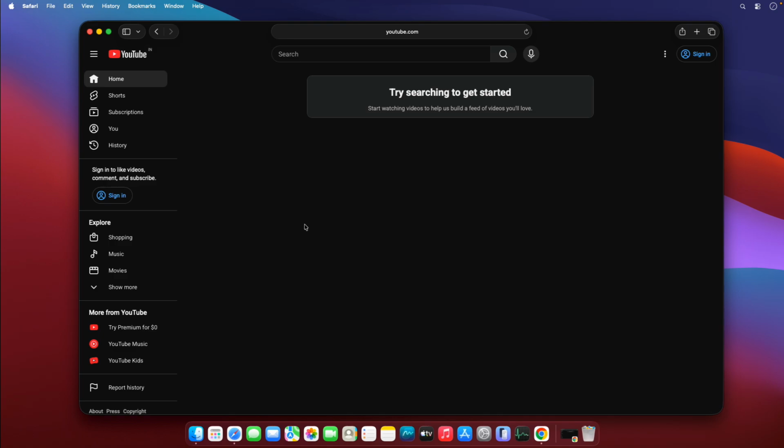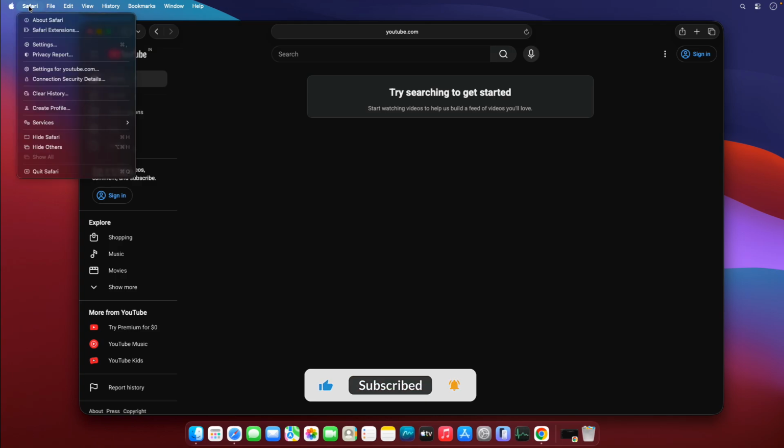So when you are on a Safari browser, open any website. For example, I have opened youtube.com and you can right click here and you would be able to see inspect element. So if you're not able to see the inspect element here, that means the developer option is not enabled for you yet. So for that, what you can do is you can go to Safari, and within the